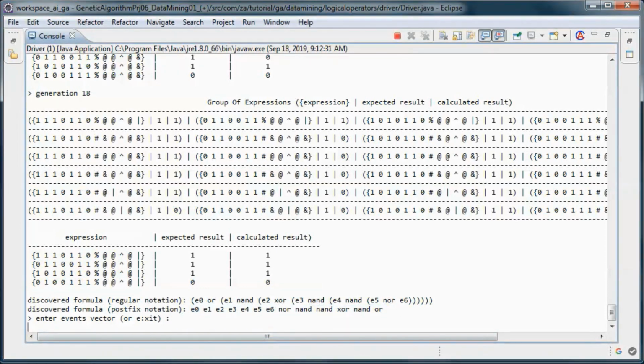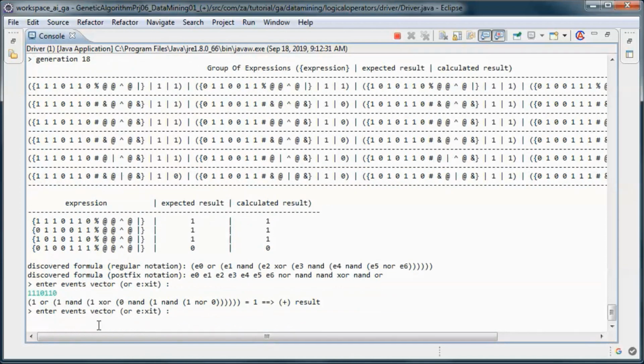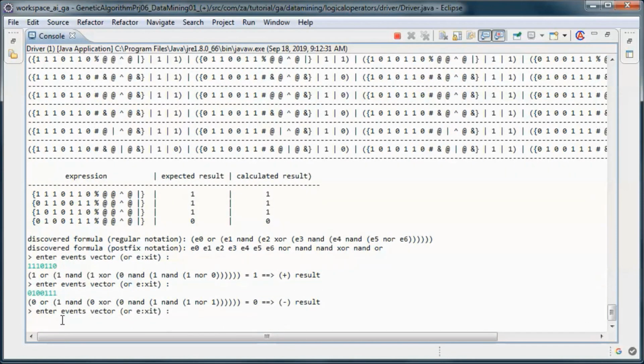So if we enter this vector of events, the same events as here, we should get a positive result. And if we enter those events, we should get a negative result.